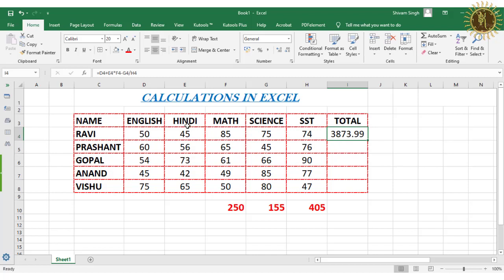Here you will get the answer of this calculation. So this is your formula: equals to D4 plus E4 into F4 minus G4 divided by H4. Here is the answer, 3873.93.